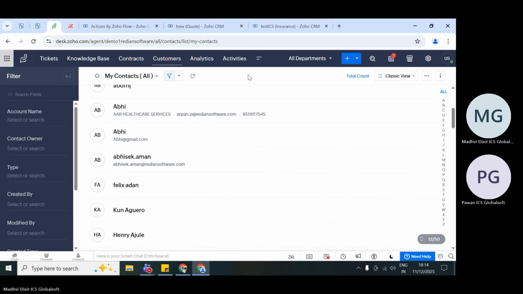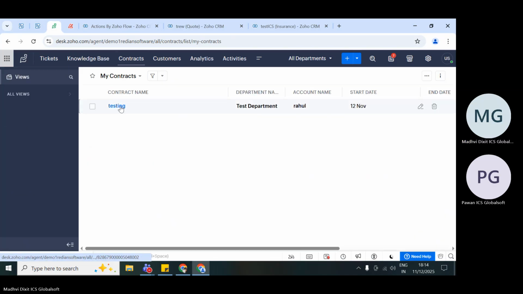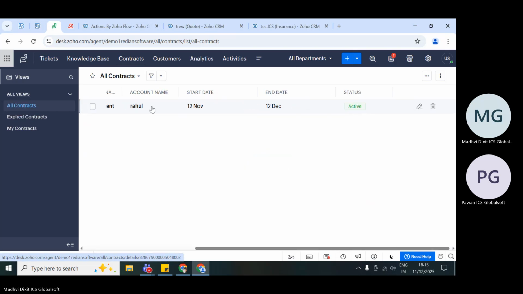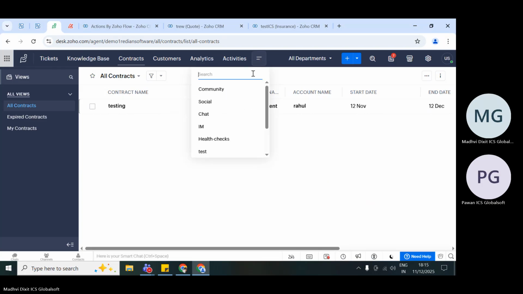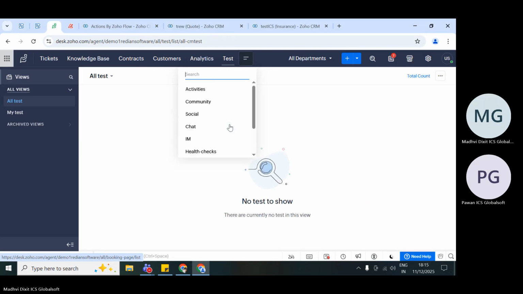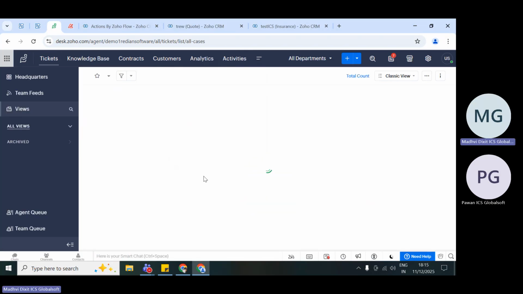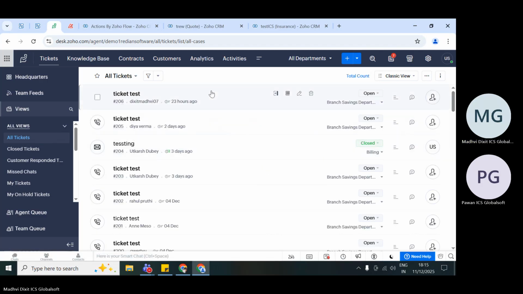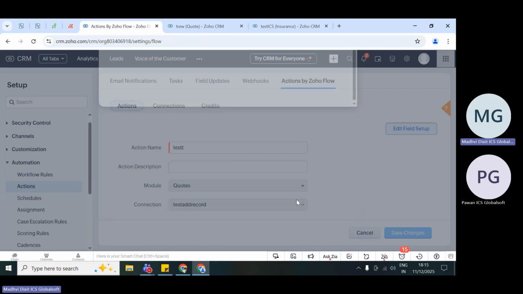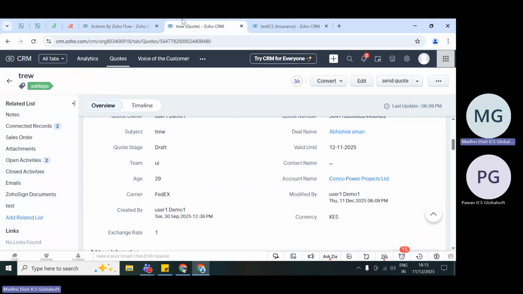Is there. Ticket. I think it is not working in the demo part because it is hitting from this side,